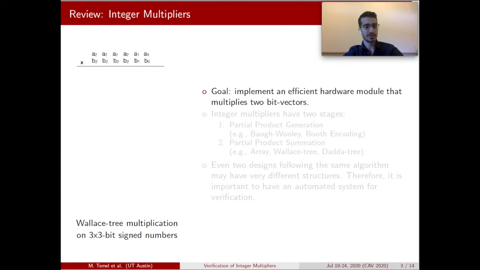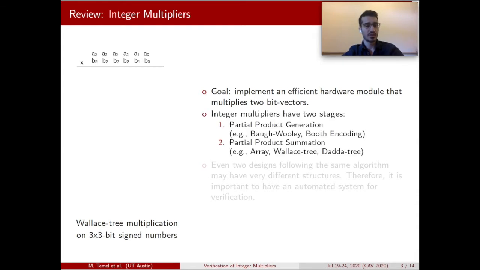The goal of integer multipliers is to efficiently multiply two bit vectors for hardware applications. We can divide these modules into two parts: partial product generation and summation. Algorithms such as Booth encoding are used to generate partial products, and algorithms such as Wallace tree sum these partial products. On this figure, you see an example of a Wallace tree multiplier that multiplies two 3-bit signed numbers